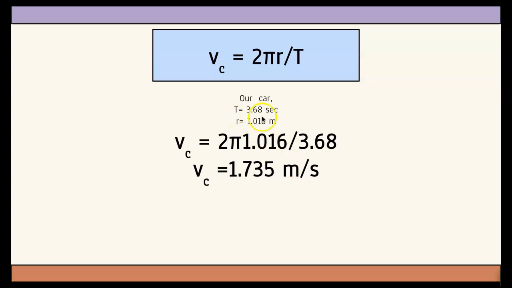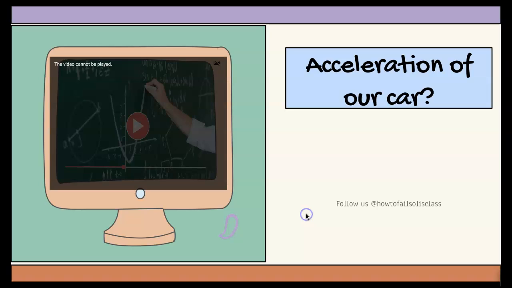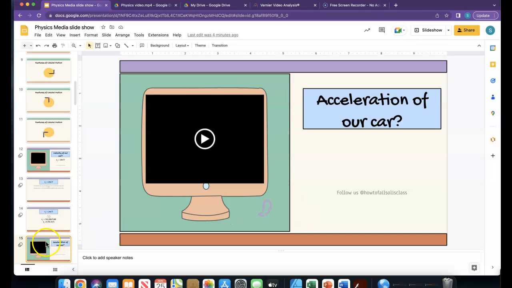For our car, the time it took to go around in a circle was 3.68 seconds. The radius was 1.016 meters. So our velocity calculation is 2 pi times 1.016 meters divided by 3.68 seconds, which gives us a velocity of 1.735 meters per second. Now to understand the acceleration of our car,